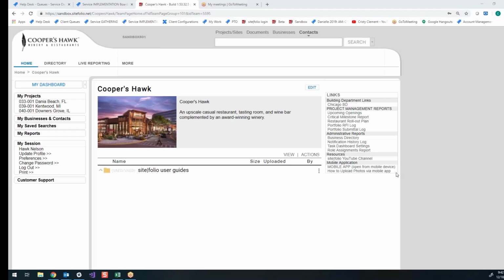Today, we're going to cover how to manage your budget in Sitefolio, how to bid a project through Sitefolio, and then lastly, how to manage your contracts for your general contractor, your architect, and your vendors in Sitefolio. So everything starts with the budget,